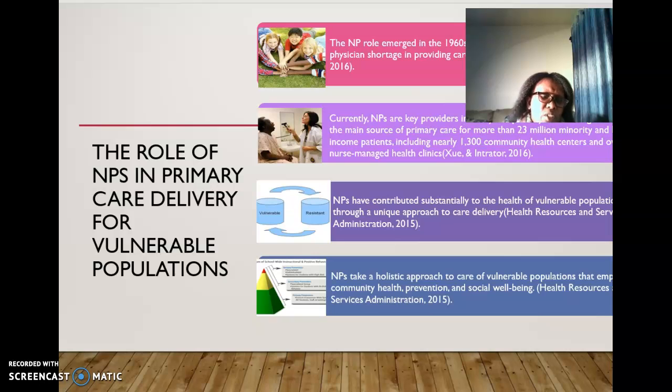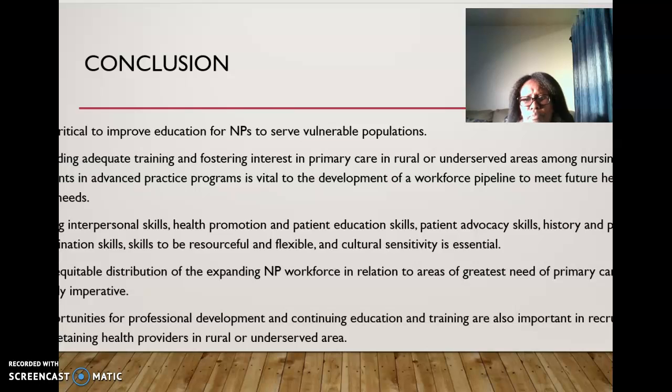And this is the information that I found on the Health Resources and Services Administration, HRSA, and we had that website in one of our modules. NPs take a holistic approach to care of vulnerable population that emphasizes community health, prevention, and social well-being. So, compared to physicians, NPs do a comprehensive assessment to be able to take care of the vulnerable population. To conclude, it is critical to improve education for NPs to serve vulnerable population, providing adequate